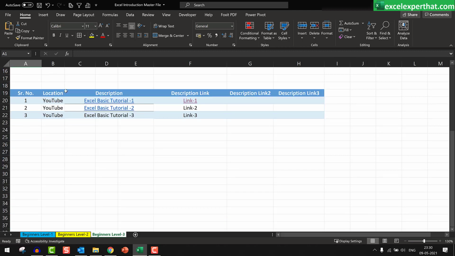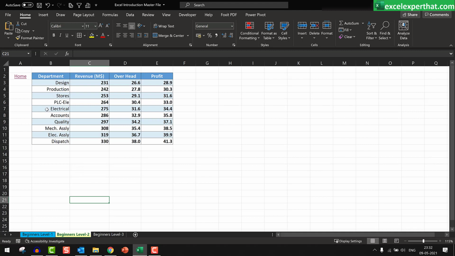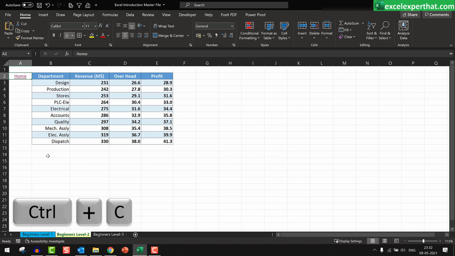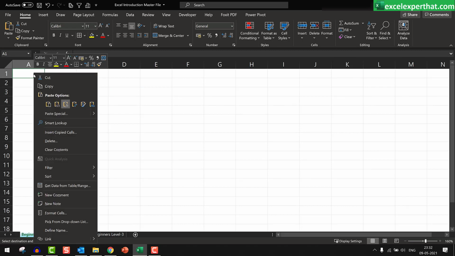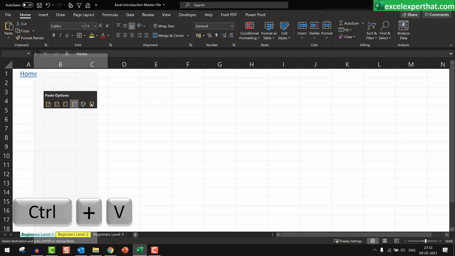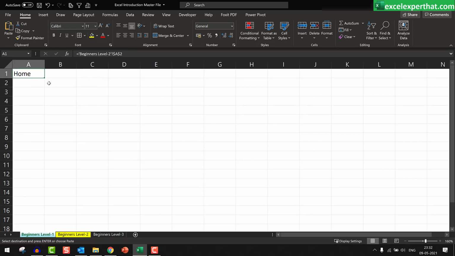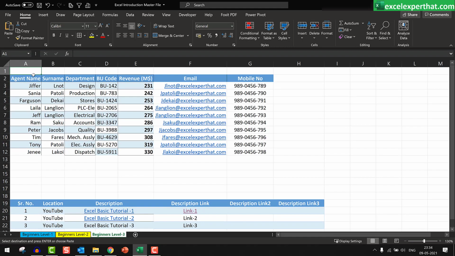And remember, if you would like to copy the same hyperlink to another sheet, click on the cell, Ctrl C, go to the tab, go to the workbook, wherever you would like to copy it, select the cell and just press Ctrl V. So here the hyperlink is already connected. Whenever I click it, I should come back to the home page or home workbook.